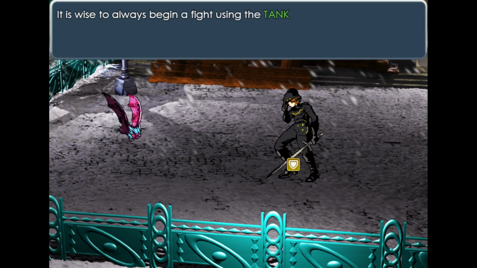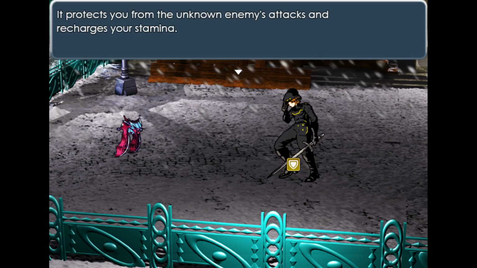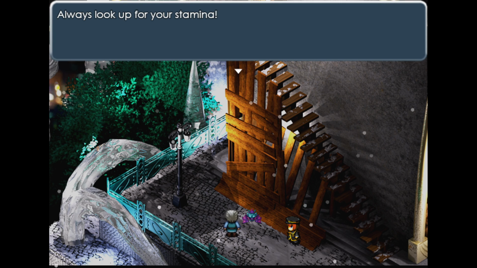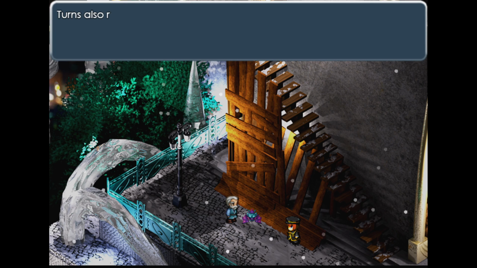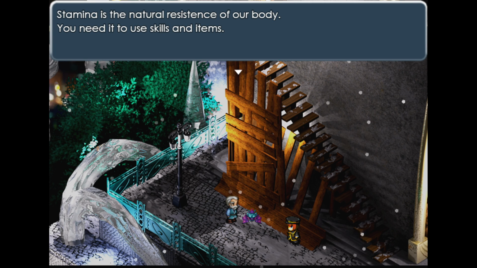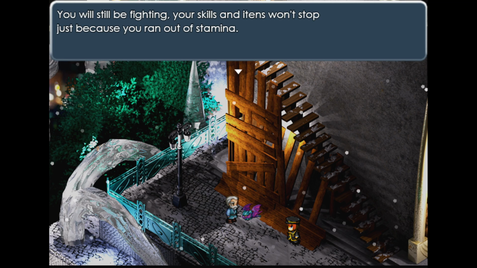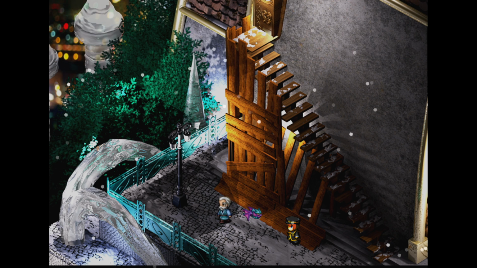Oh, okay, no. It is always wise to begin a fight with using the tank buff. It protects you from the unknown enemy's attacks and recharges your stamina. Okay, fair enough. Always look up for your stamina. This is the second tip. Turns also recover it, little by little. Stamina is the natural resistance of your body. You need to use skills and items. If you run out of it, you will still be fighting. Your skills and items won't stop just because you ran out of stamina. However,